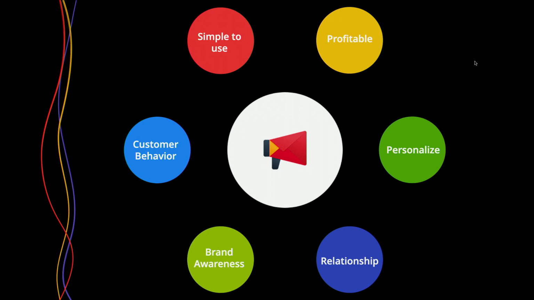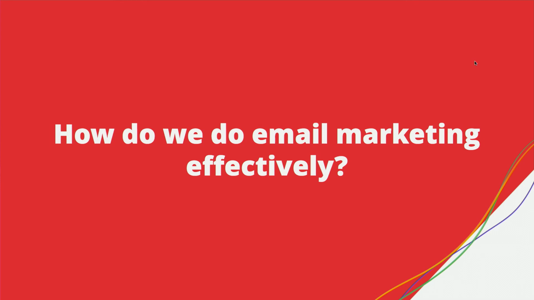The core to any email campaign that we're sending is value. That's the number one thing we have to be doing when we're sending emails. We have to be delivering value to our customers. We have to be allowing them to recognize what's in it for them when we're sending these. So there's a lot of different ways we can do that. We can monitor our customer behavior as that's happening. We can try to build our brand. We can keep things really personal. There's just a lot of different elements that can go into all of this.